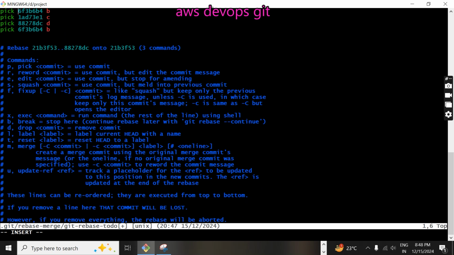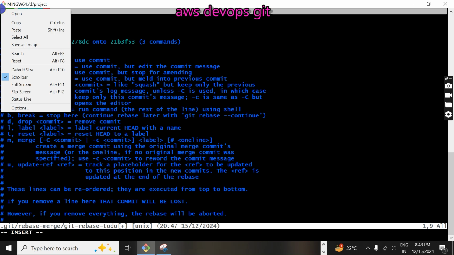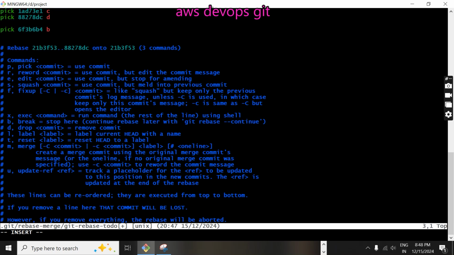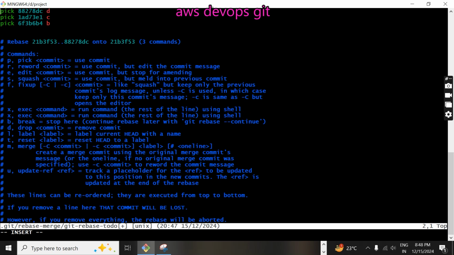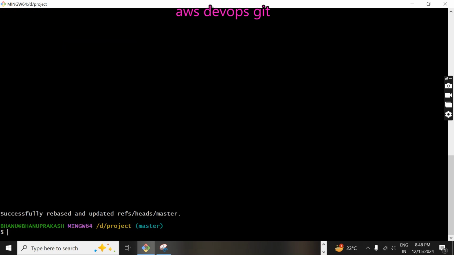Now I don't require this commit on top of here. I am removing this commit B. Now again after the B I require C commit. So I am going to copy the C commit. Again I will come down. After B I want C. Just I am putting here. Now I will remove the C commit. Now done with the changes. Now press escape, colon wq, save and quit. Done. Now again if I type git log hyphen oneline, you can see the